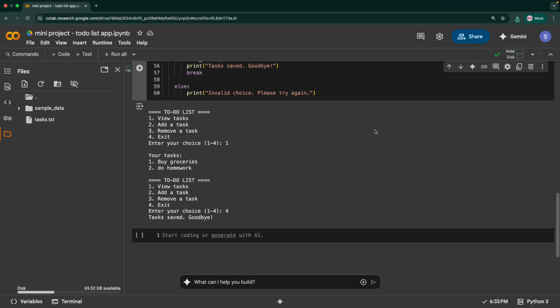Okay, so this is how you can build this mini project where we have built a simple to-do list application. So please try this out. Again, as I said earlier, Google Colab is a session-based environment. So the next time you close it and open it, you won't see a tasks.txt. What I would suggest is you can download this .ipynb, open your Jupyter Notebook or JupyterLab, upload it there, and work on it. Basically this tasks.txt gets saved on your local machine, so it won't get deleted. So that's how you can work on it.